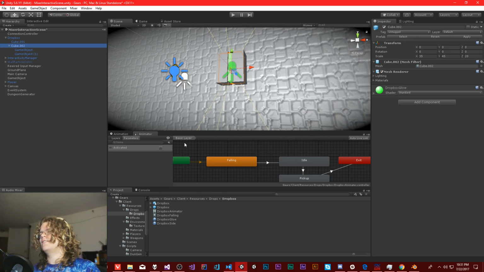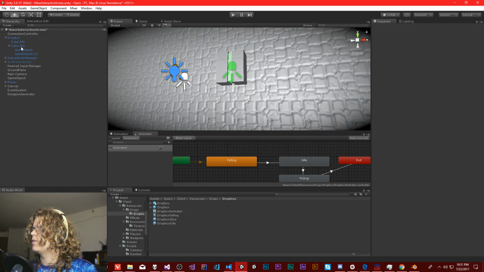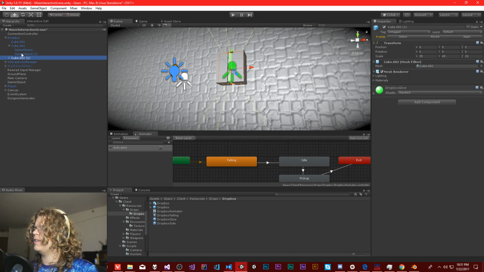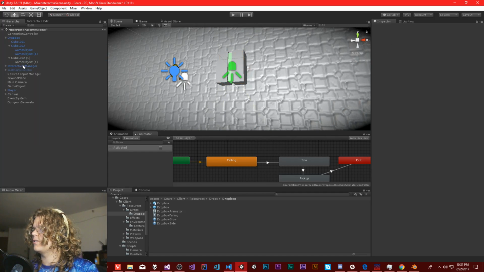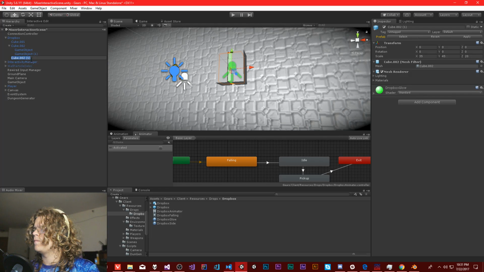Either that or we could just have another cube that isn't disabled or that doesn't have the lights. Cube 2 off. And so this one we can trigger on and off,